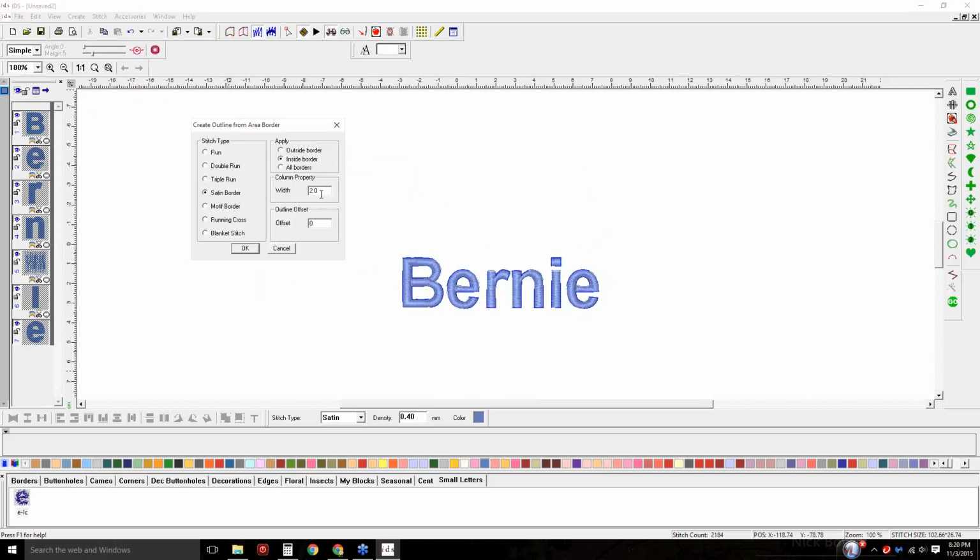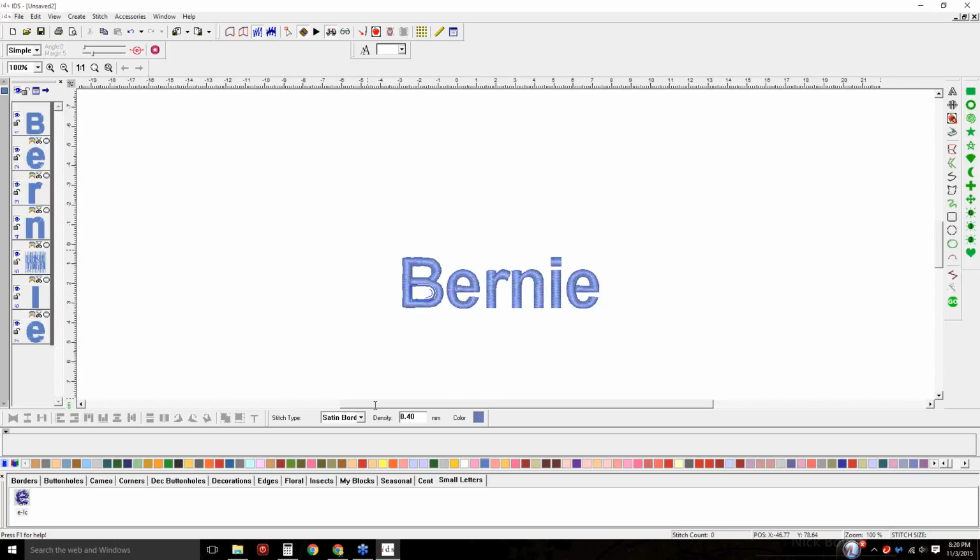So if I'm making this 2.0, depending on how wide these letters are, I might want to change my offset so that it's a little bit further out so that this letter doesn't get covered up. Okay, and I'll show you what I mean. I'm going to leave it at 0. So let's go ahead and I'll make this yellow, and